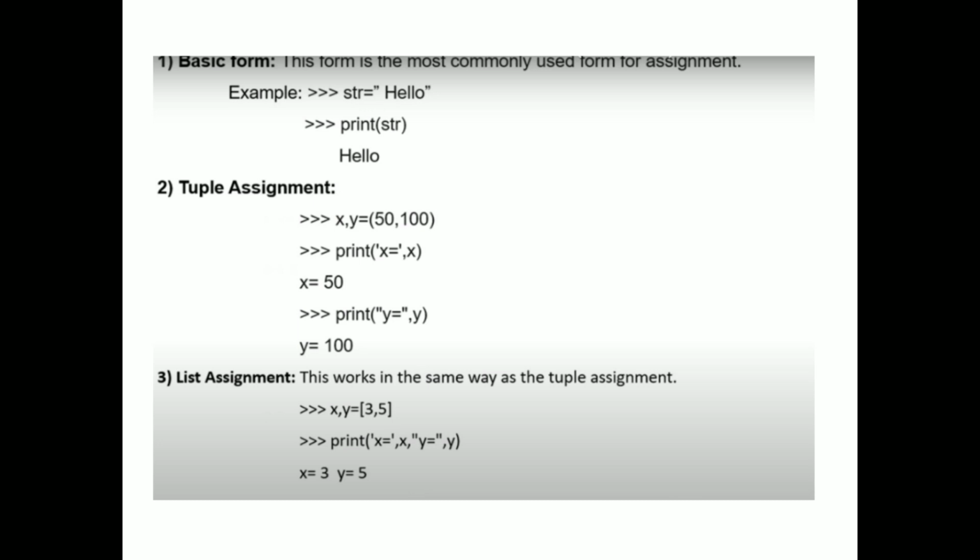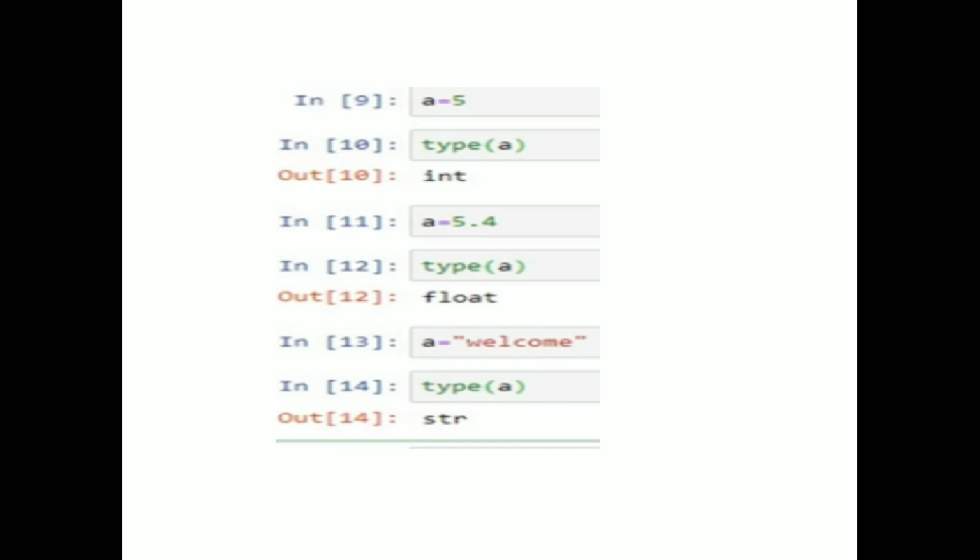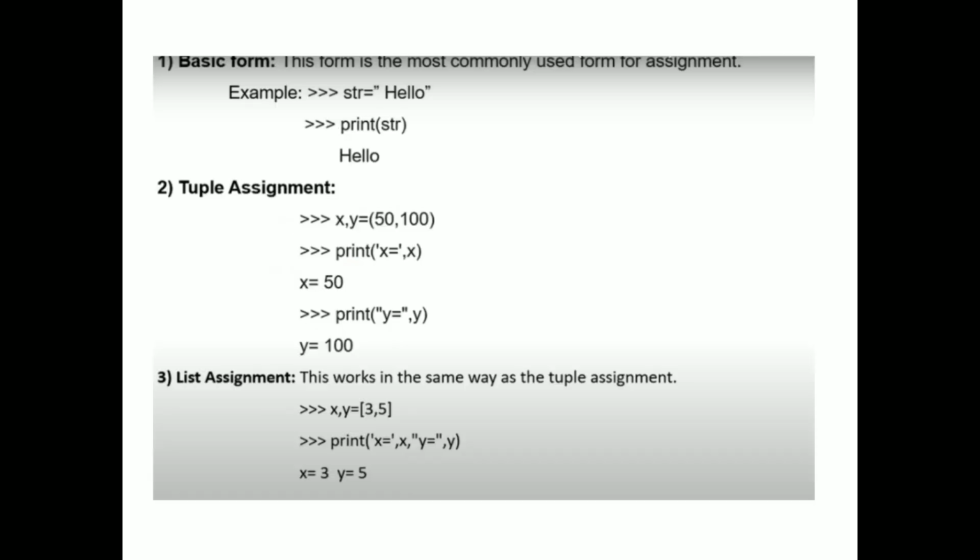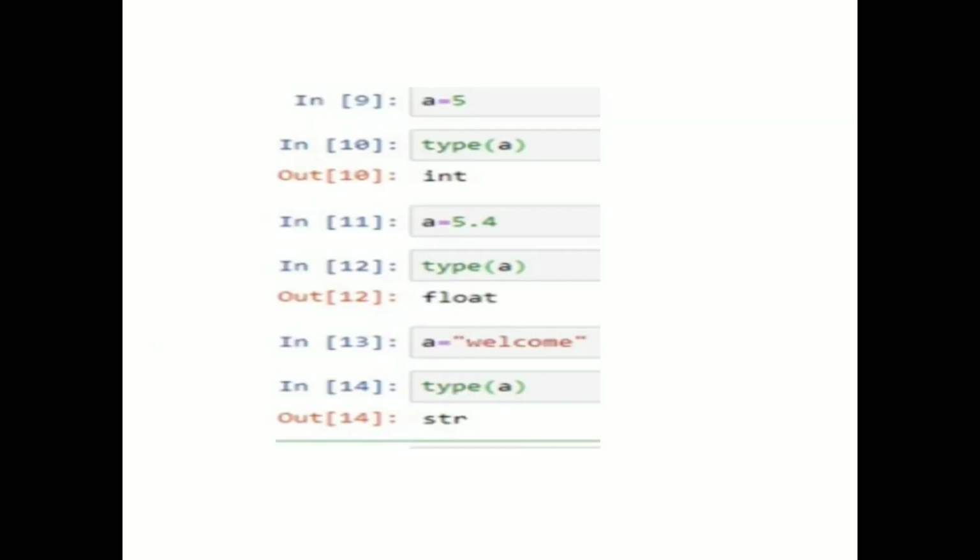That is, at a time we are displaying a value with the help of a list statement. Next, one simple program. These programs are run in the online compiler of IDLE. You can see the first one is a basic form, where we are printing the type. The first line is a equal to 5. A equal to 5 means we have passed an integer value, but in the second statement, that is type of a, we have to find out.